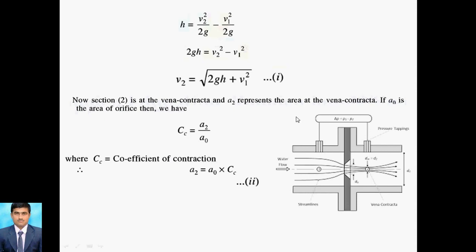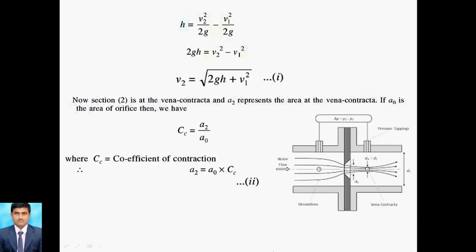Why can we use it? Because here vena contracta formation is there. Vena contracta means here the streamlines are compressed at this single point. That point is called the vena contracta, and after it releases, it gives the major discharge, or you can say the major streamlines will follow. So this is regarding the vena contracta.